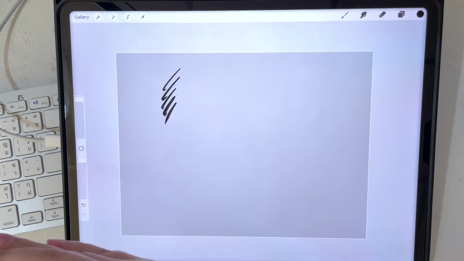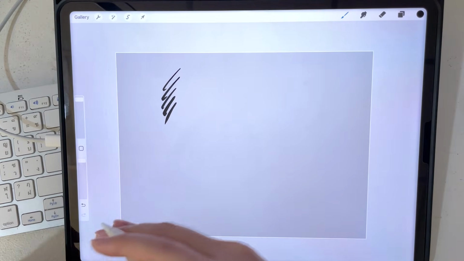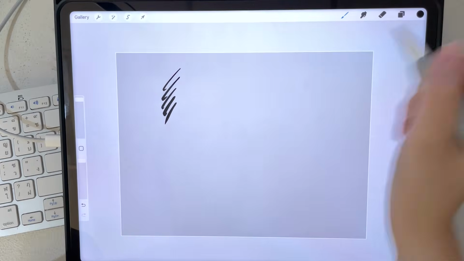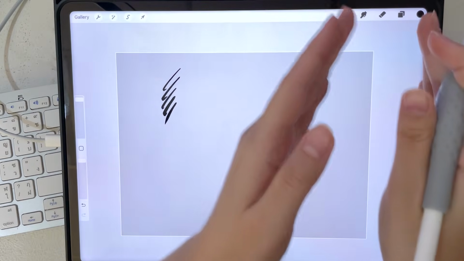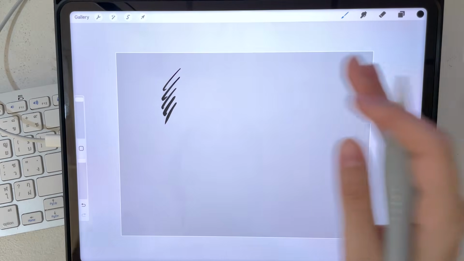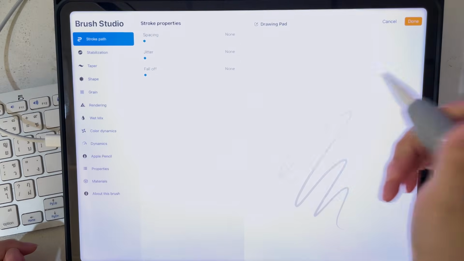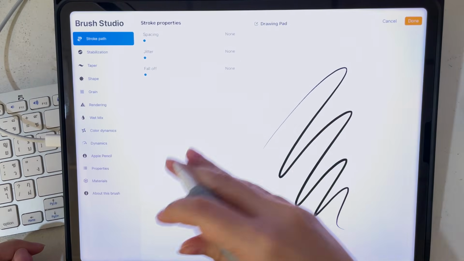Just a quick recap on Procreate. This is based off the comments that I read. Most people had problems with the UI where everything is too minimalistic. You have to tap in order to access something, and that just felt inconvenient for a lot of people. The second one is brushes. People did not like the brush at all. So I'm going to use this stabilization to compare with other apps as well.